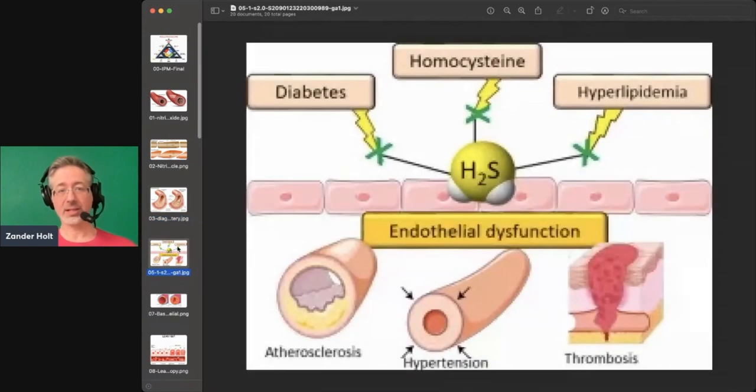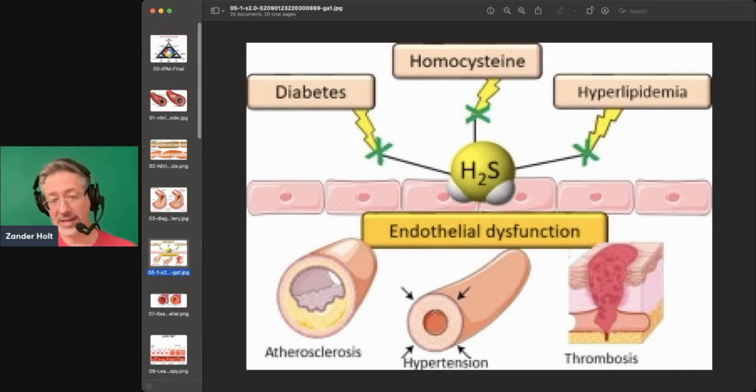All right, let's go to the next slide. So you'll see that right here. These are some of the main causes of endothelial dysfunction, and here's diabetes right there, top of the list. Coming in and damaging this endothelial layer, which will result in arterial sclerosis, which we just showed in that last slide, which is the building up of plaque in your blood vessels, which decreases the amount of blood that can get through there. Hypertension, which is high blood pressure,